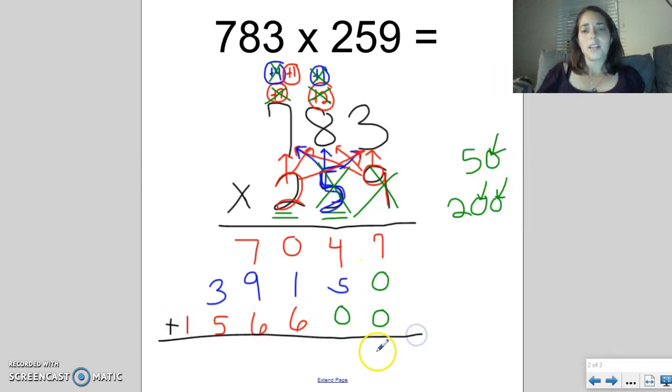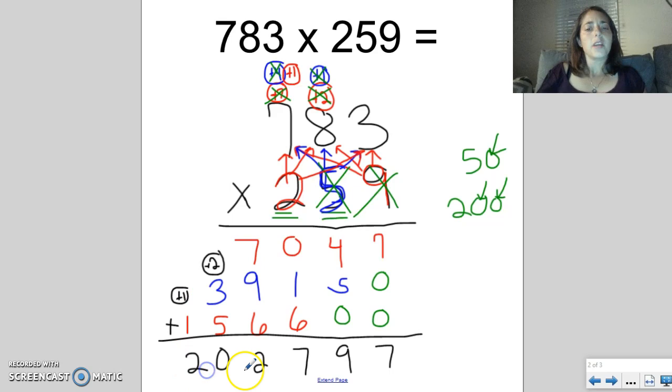together. I lined things up, so that's 7. 4 plus 5 is 9. 0 plus 1 plus 6 is 7. I know 7 plus 9 is 16, plus 6 is 22. I'll carry my 2 next door. And 2 plus 3 is 5, plus 5 is 10. Carry my 1 next door, and we get a 2 here. And we get this crazy big answer of